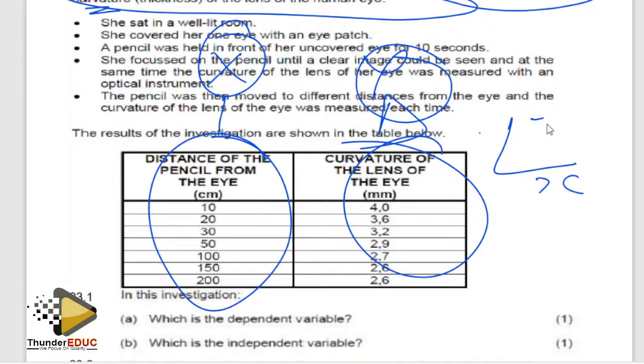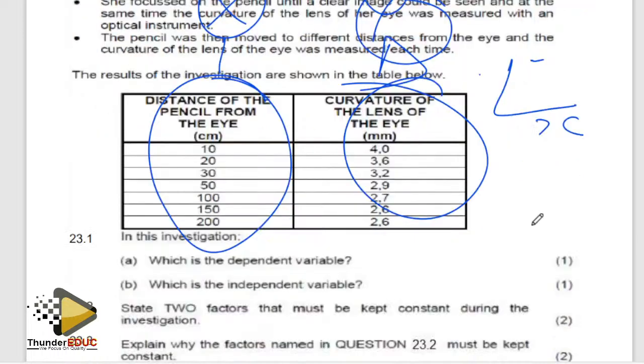So the English now in life science, in this section, we mark it. Unfortunately, there's nothing I can do. But the only thing I can do is to tell you exactly what happens there so that you don't make a mistake. Not everyone has a chance to get this before they write. So please make sure that at least you know that.